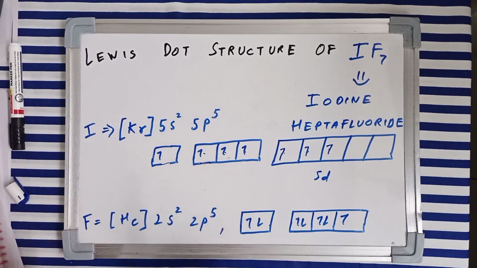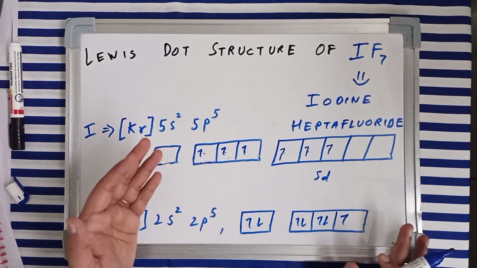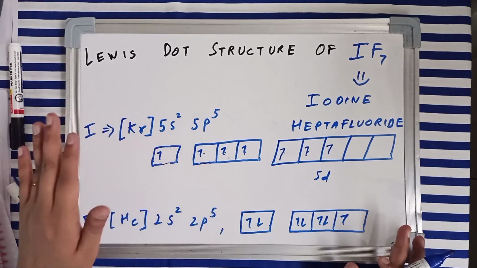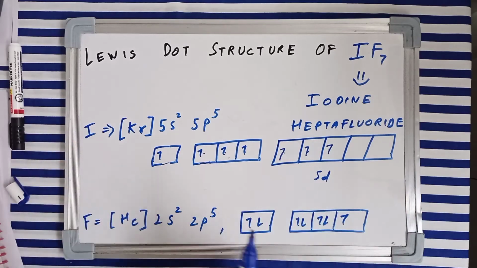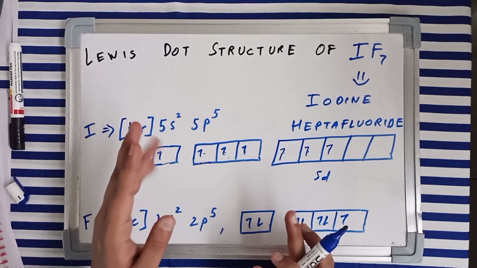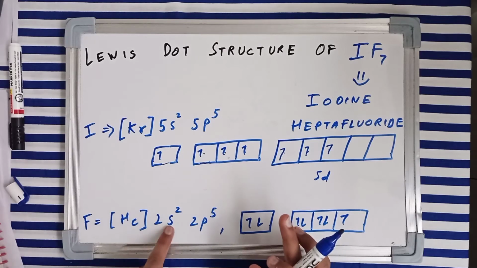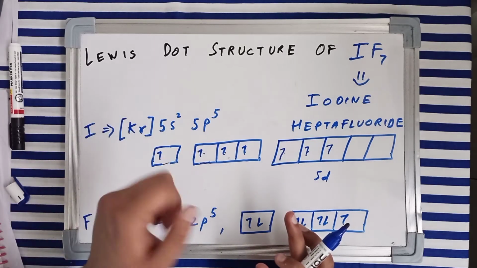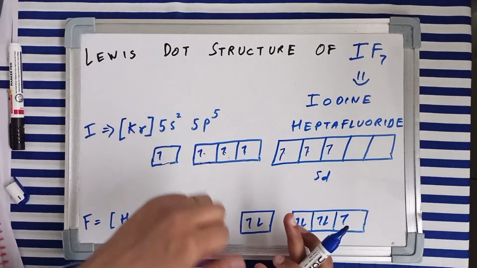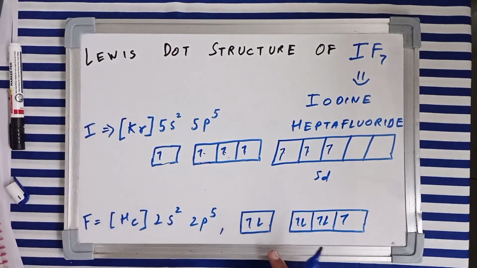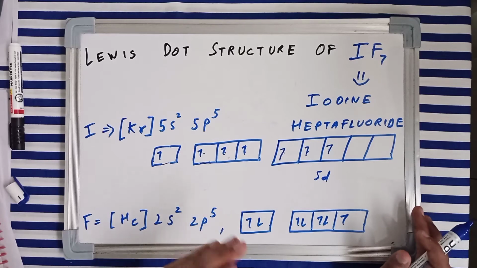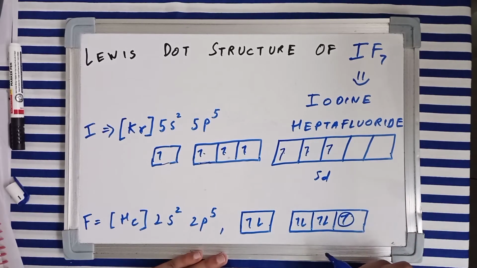Okay, now talking about fluorine's electronic configuration, it is the inert configuration of helium, and then 2s2 and 2p5. 2s subshell has 2 electrons and 2p subshell has 5 electrons. But in fluorine's case, there is no 2d subshell. There's no such thing as 2D subshell. The second shell can only permit up to a maximum of 2 subshells, which are respectively S and P. In third shell, you have S, P, and D. In fourth shell, you have S, P, D, and F, right? So there can be no excitation in fluorine, and it has got just a single unpaired electron and will make just a single covalent bond.